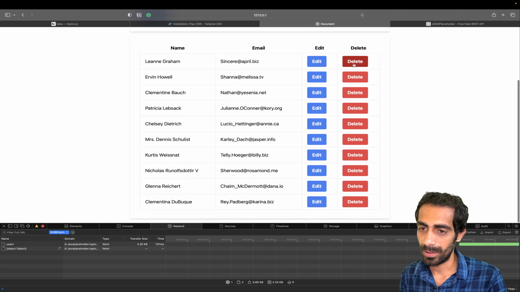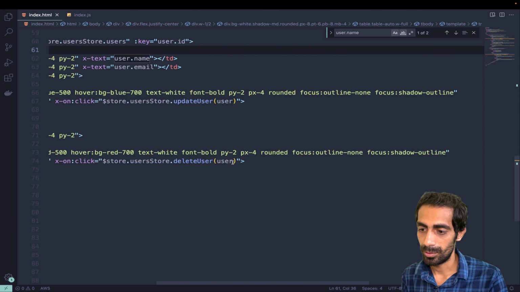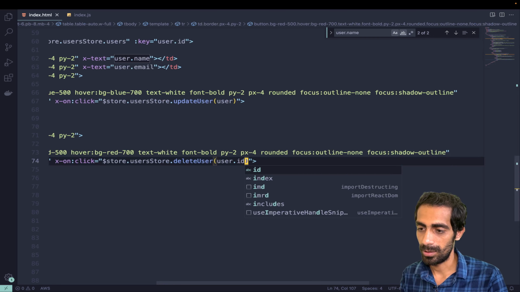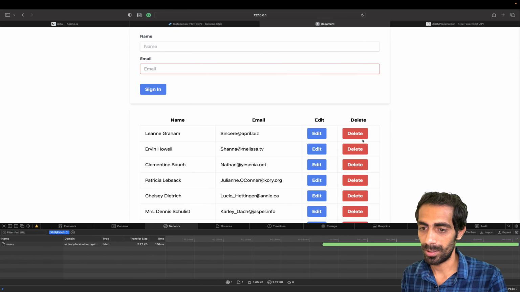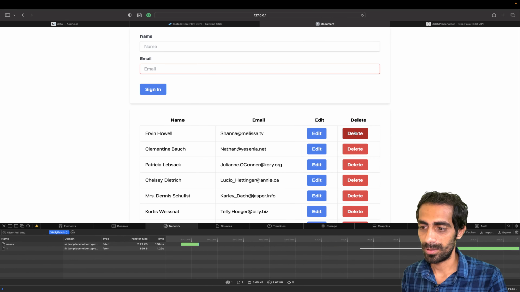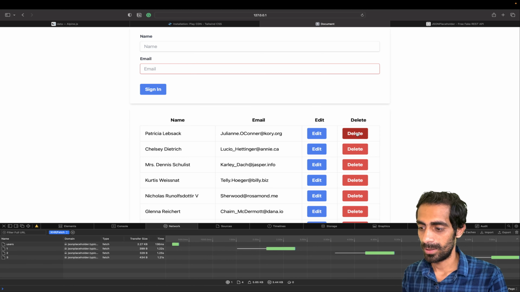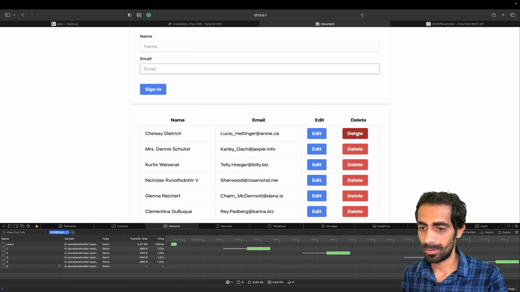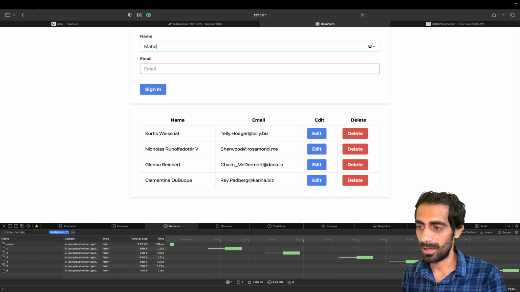Now hopefully if I click here it should, okay, so while deleting the data I'm passing the complete user, so it should be user dot id, and this time it should work properly. So I'm gonna delete this, yeah, delete. So you can see the API is getting called. Okay, so all the data is getting deleted one by one,